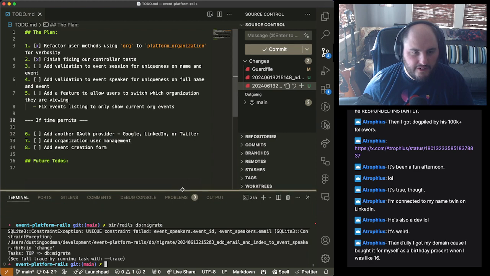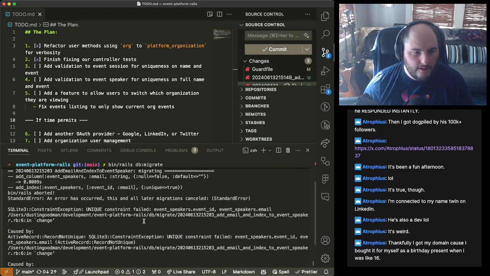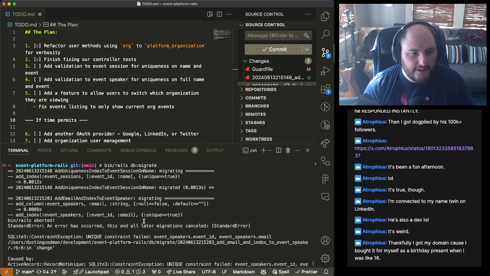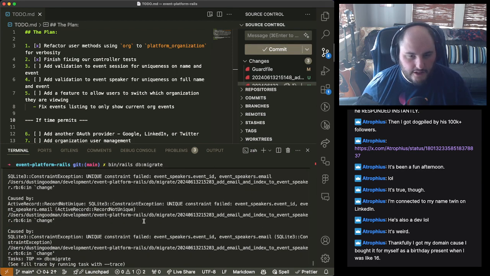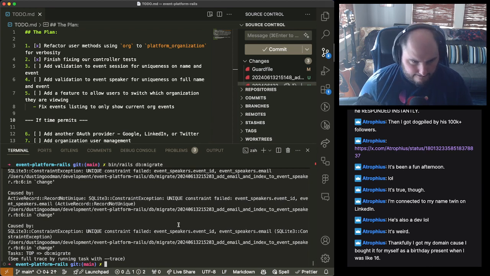And now we're going to find out that something's wrong. A standard error occurred: SQLite unique constraint failed, event speakers event ID, event speakers email. That's because the uniqueness constraint failed on something trying to create speakers.